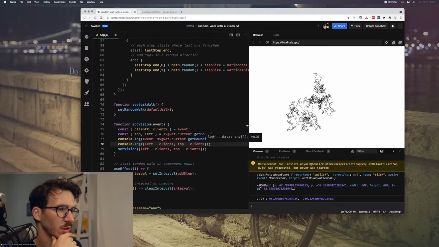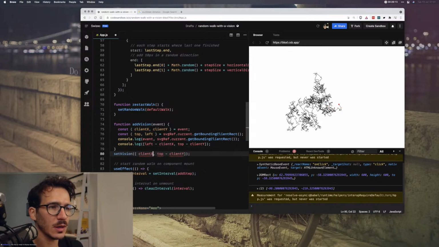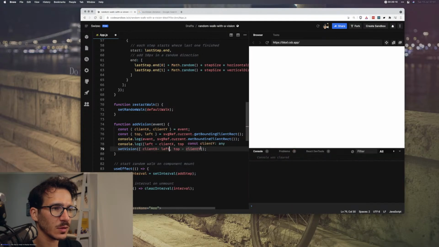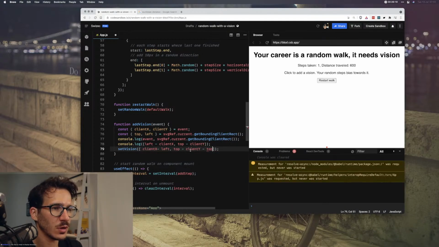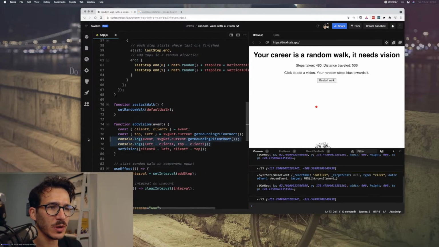I'm doing it in the wrong direction. I always get this part wrong. So we take clientX and we minus left and clientY minus top. And I think that's gonna work correctly. There we go. Okay, so we got that part.